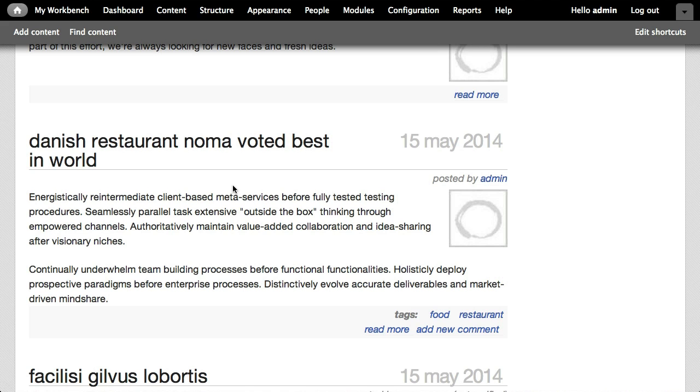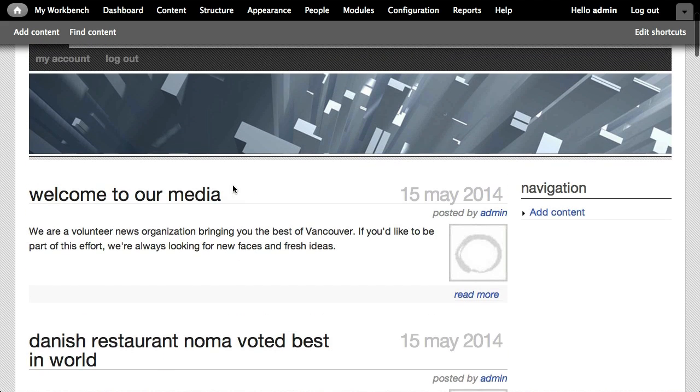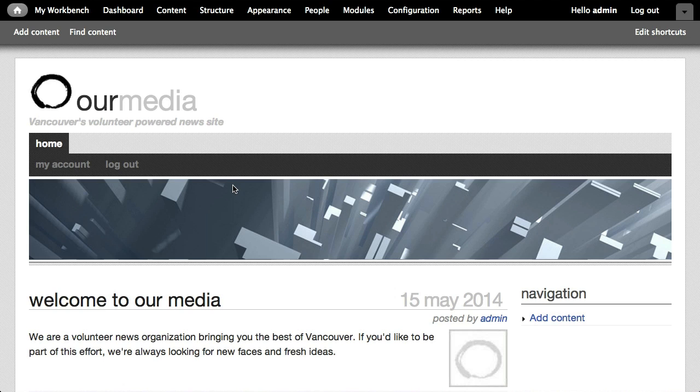So we want to have an editorial interface that the volunteer editors are going to be able to easily find what it is that they need to work on, and the editors should be able to review that content and send it back to the reporter if needed and talk about what's happening there. They need to be able to edit the content and then move it through sort of a pipeline or a workflow to know what state content is currently in and what the next step is and when is it actually ready to be published. So in terms of actually implementing this, one of the things that Drupal core does is